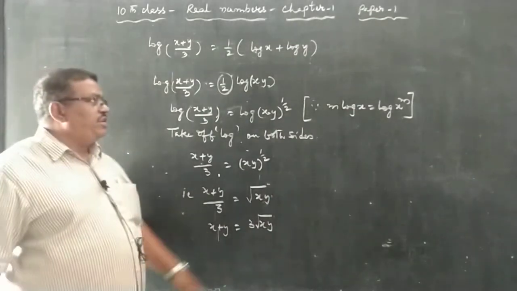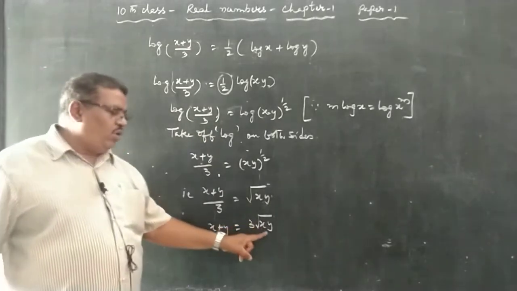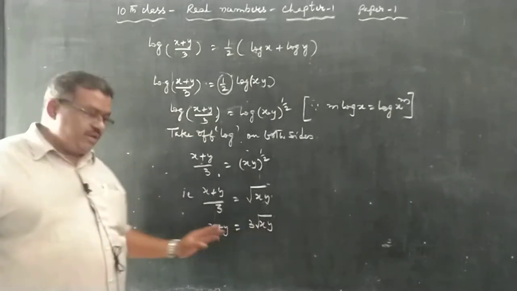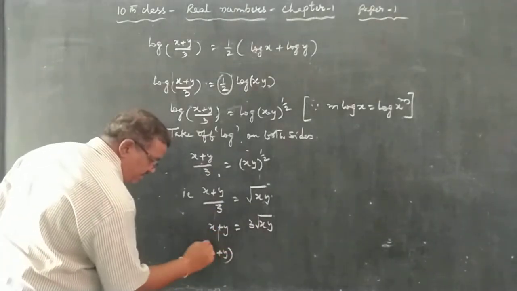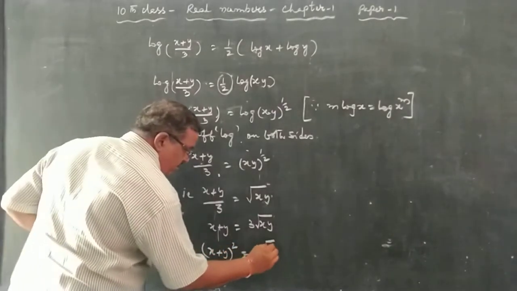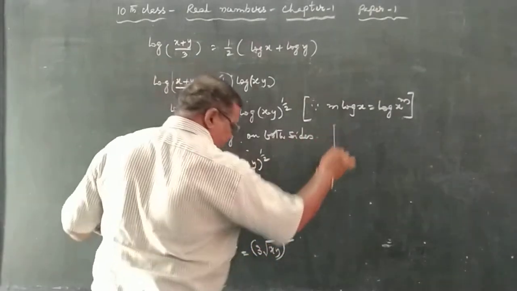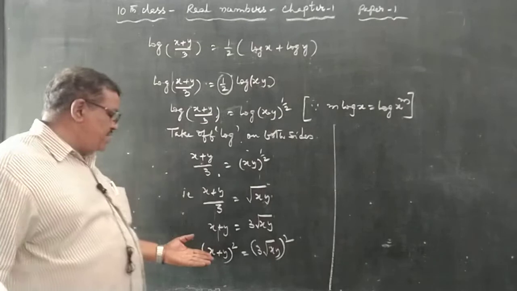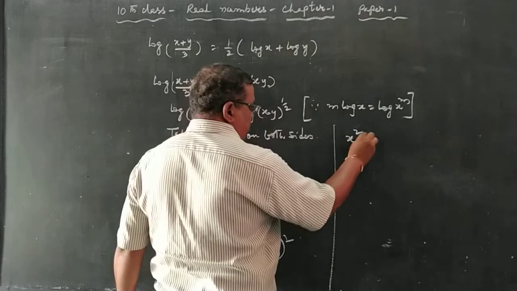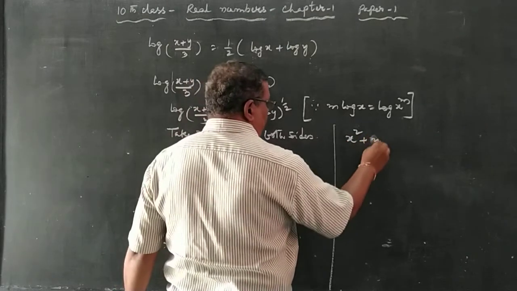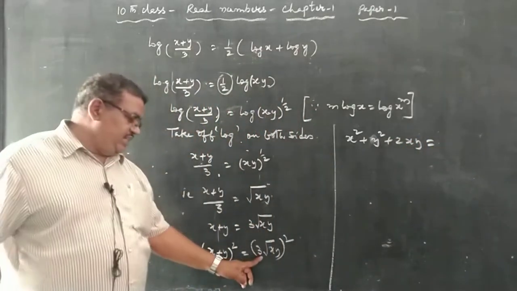Again, we need to find the value of x by y plus y by x, so that there is no root in the solution, you have to square this. (x plus y) whole square equals (3 root xy) whole square. The expansion of (x plus y) whole square is the (a plus b) whole square notation, that is x square plus y square plus 2xy is equal to